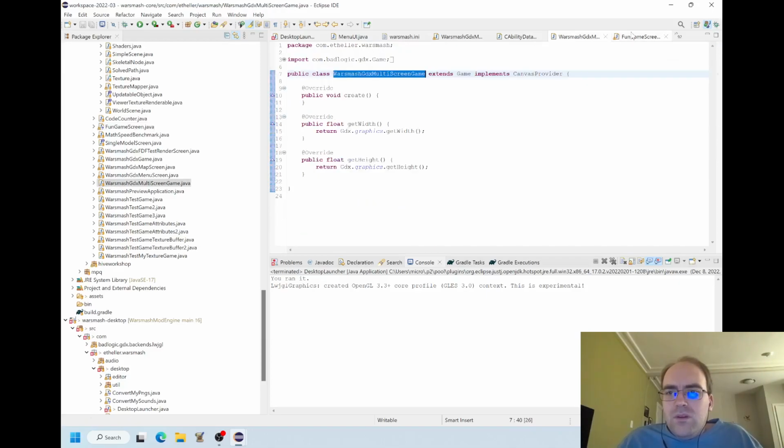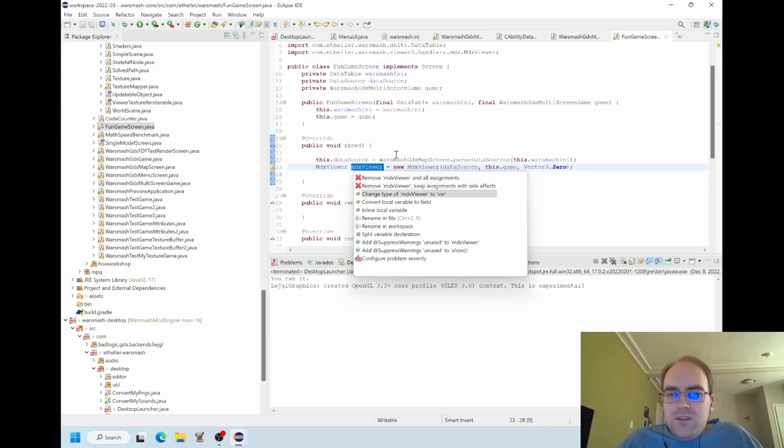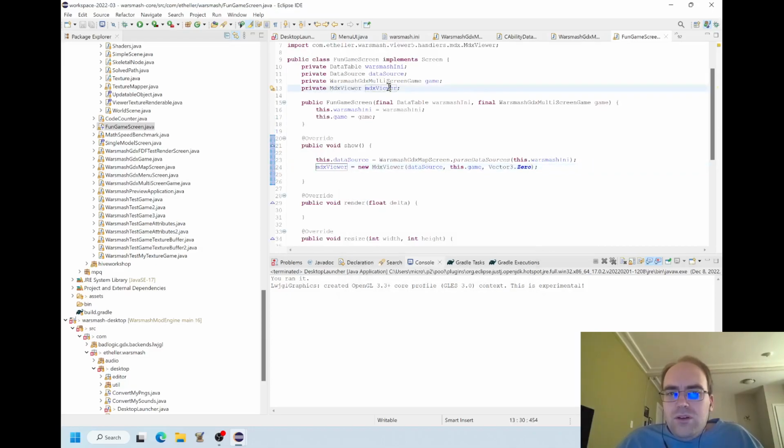So I think that's pretty cool. Now, this MDX viewer should probably be a field on this class. So I'm going to auto-convert that. But is this even sending to you guys? Yeah, you can see what I'm doing. Okay, great. So I've got this MDX viewer. Let's view an MDX. What are we going to put on the screen? What should it be? Probably one of the hardest things is camera, to be honest. But let's not worry about that yet.